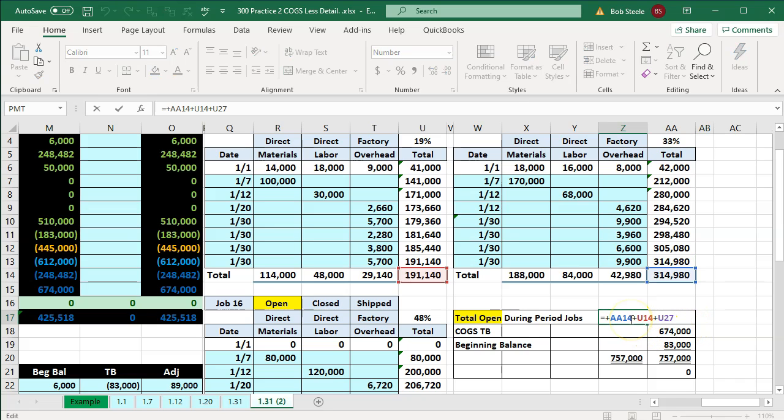So we see here that we have the total jobs, we have the trial balance, and this 83 represents the open jobs at the end of the time period that we had to account for in order to reconcile to the cost of goods sold here. So that those open jobs are what should be posted to the